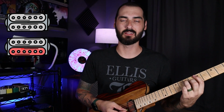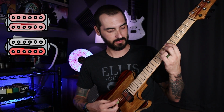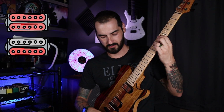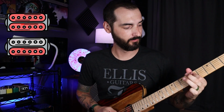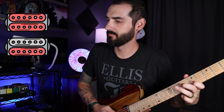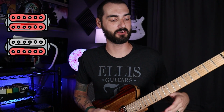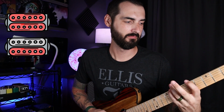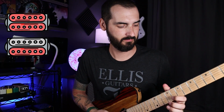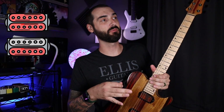So let's start mixing in a little bit of that neck pickup. Turn it in just a little bit. Now it's on all the way. That sounds really cool. So now it's more of a fatter Strat sound. If you add in a little bit of drive,